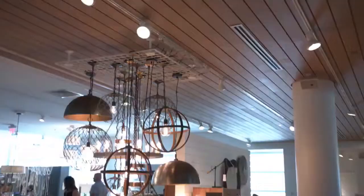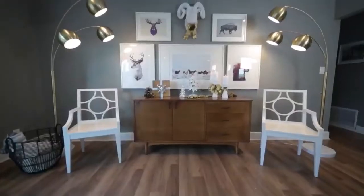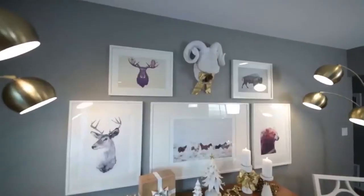Number 6, now's the time to add lighting. Of course, I love pendant lights, chandeliers, table lamps, floor lamps. Whatever you do, remember to add lighting. There's nothing like a pair of floor lamps to create this beautiful symmetry like I did in my son's place